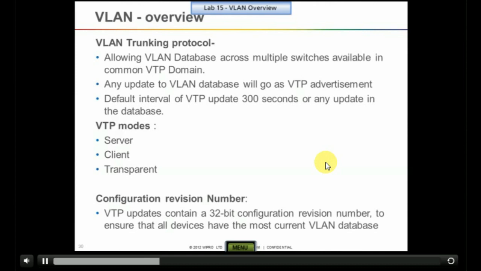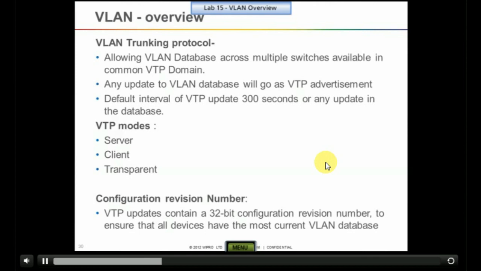What is the default interval for VTP update? The default interval is around 300 seconds, or 5 minutes. Or if any change has happened, it can immediately send the advertisement to all the switches which come under the same VTP domain.